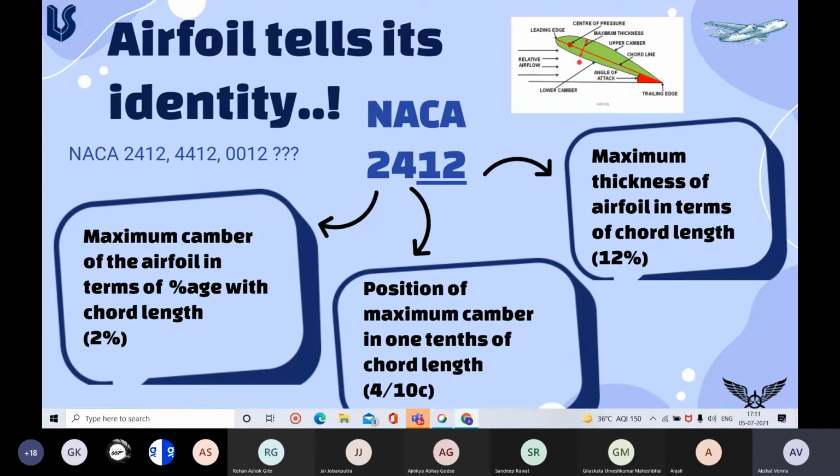We see what the thickness of the airfoil is at this location, that is this distance. In this particular airfoil, NACA 2412, the last 2 digits are 1 2, so the maximum thickness of the airfoil is 12% of chord length. That means that if the chord length is 100 units, the maximum thickness is 12 units. So that's all NACA 2412 or any of these means. It's the similar nomenclature followed for NACA airfoils, at least.